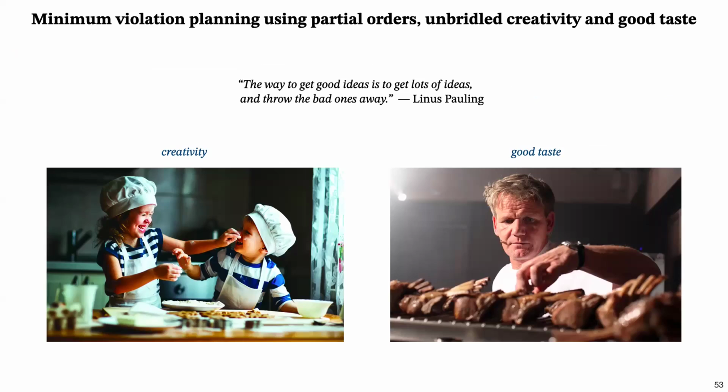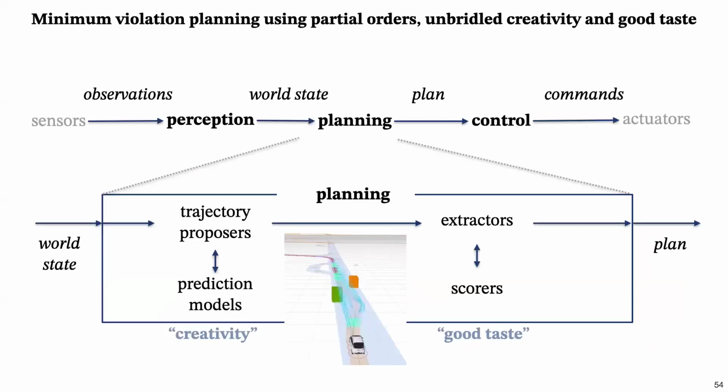And it was using this idea from a quote from Linus Pauling that says, a way to get good ideas is to get a lot of ideas and to be able to tell the ones that are good, which is kind of naive, but it gives the idea, right? So creativity is the way to create a lot of ideas, and good taste is the way to tell one apart from the other. So in the context of planning, you have a part, which is the creative part,